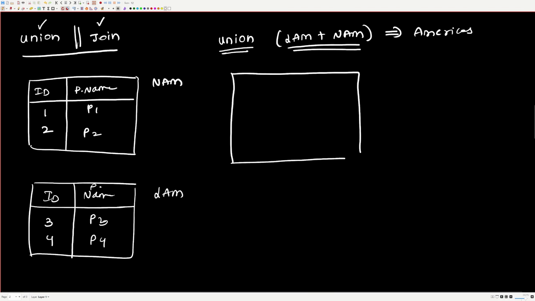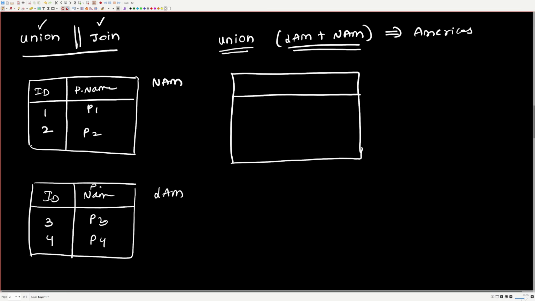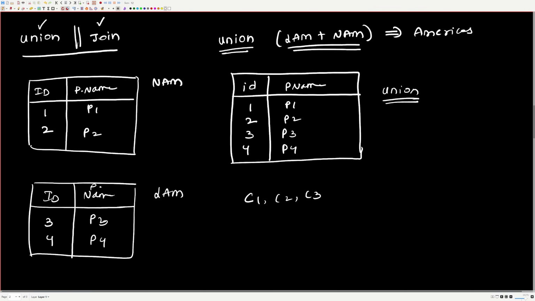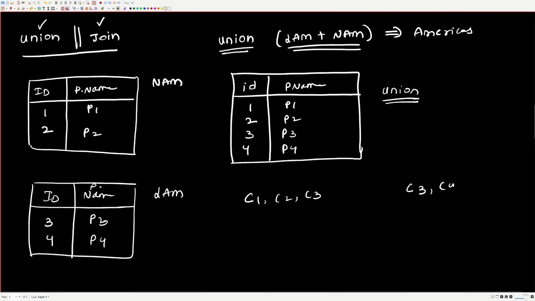In that case, this will become ID, product name. Here you will have 1, 2, 3, 4, P1, P2, P3 and P4. So this is the output of your union. Whereas in join, you have column 1, column 2, column 3 in your table. Some other table has column 3, column 4.